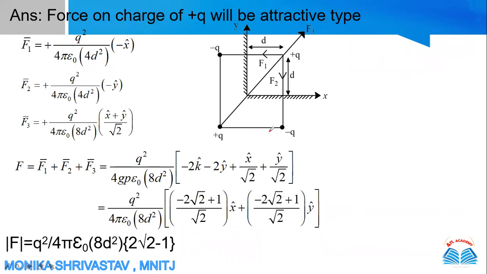We will make a symmetry. We will put two image charges, and again a charge to cover the symmetry. Then we will get some forces F1, F2 and F3 on this side, and we will calculate those F1, F2, F3. To get the net force, we will add them up and we can get the result.